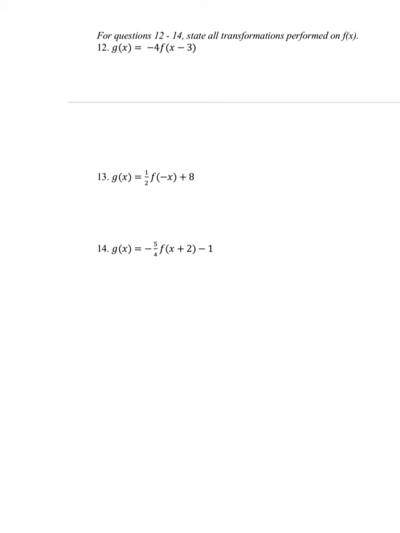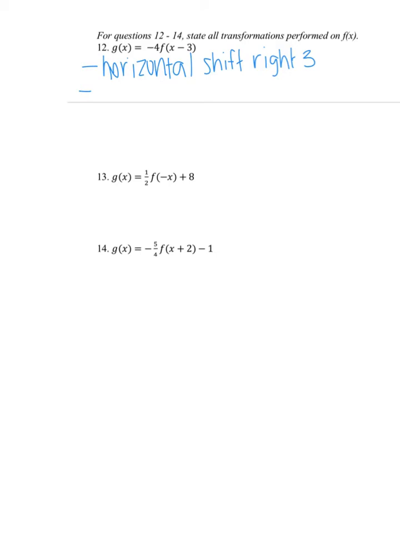So we have to follow PEMDAS for these. So first I have to do what's inside the parentheses. Whenever I subtract 3 directly to x, that's going to be a horizontal shift, which means I'm either going left or right. So because it's -3, I'm going to the right 3 units. Okay,